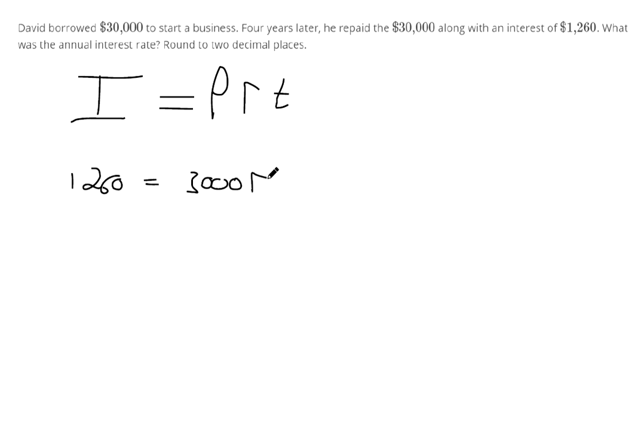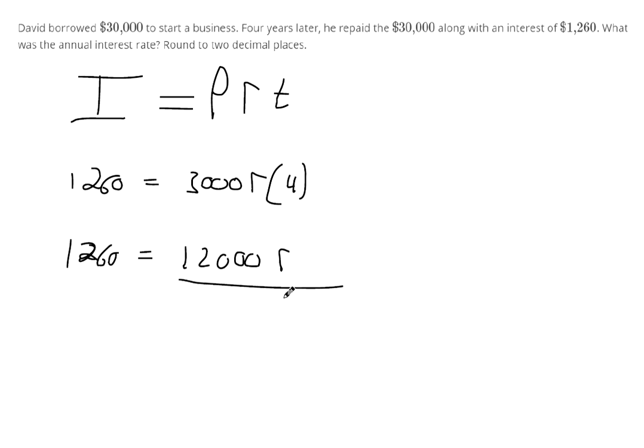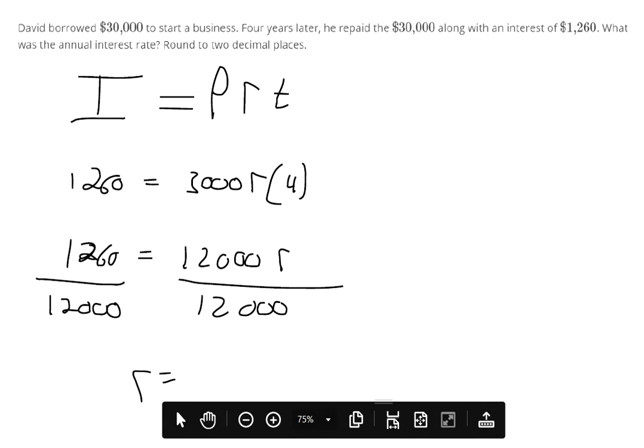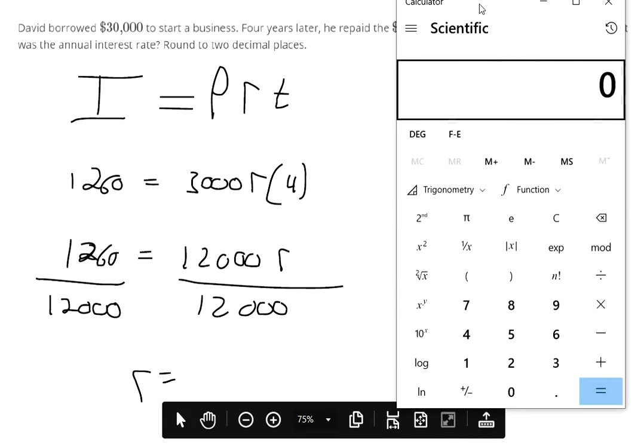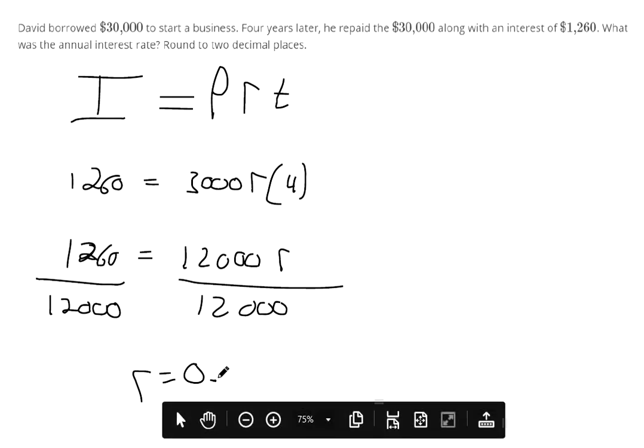We don't have the rate. We can solve for that. We have the time. This loan was a 4-year loan. So remember, the order you multiply in doesn't matter, so let's do 3,000 times 4. So that's 12,000. And then to finish getting r by itself, divide 12,000 from both sides. So 1,260 divided by 12,000. So that's 0.105 or 10.5%